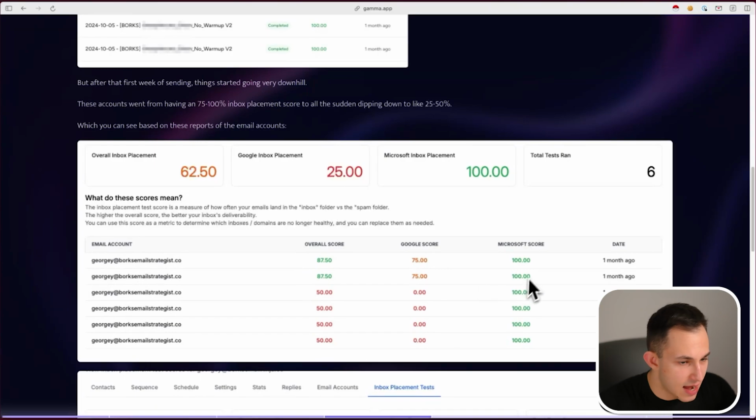Then you can see that next time I also tested it. It keeps saying 1 month ago, but there were obviously days in between these tests. Not like I was just testing them back and forth, but this tool only shows you months and weeks. So that's why it says that.